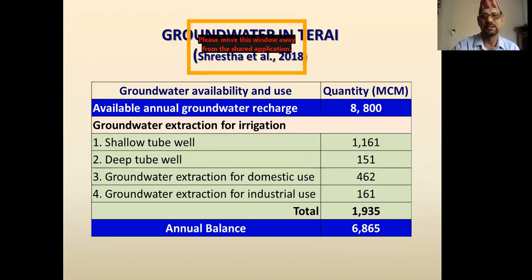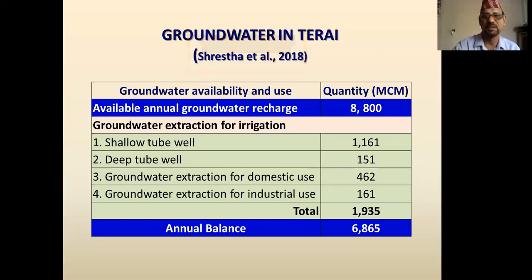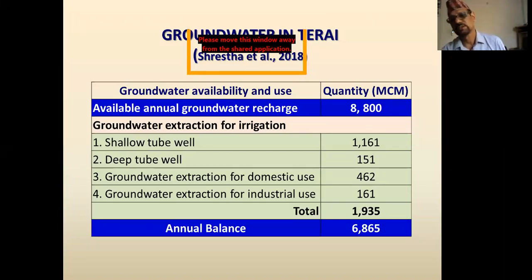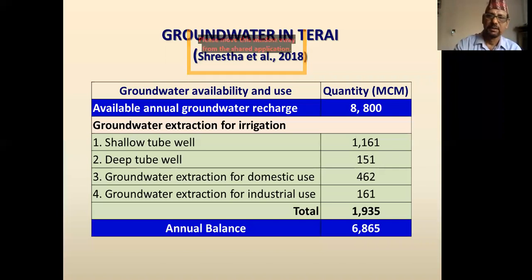From the shallow tube wells, that is 1161, deep tube well 151, groundwater extraction for domestic 462, extraction for industrial use 161. The first two are for the irrigation purpose from shallow and deep tube well, and even shallow or deep tube well that is drilled for the domestic use comprised of 462 million per cubic meter of annual amount. And overall,